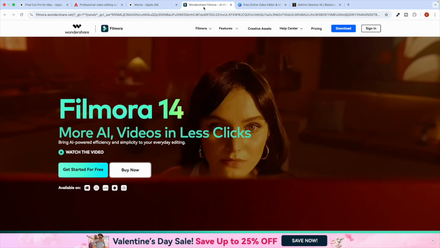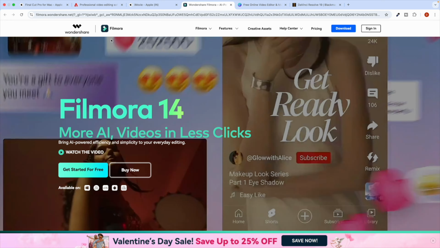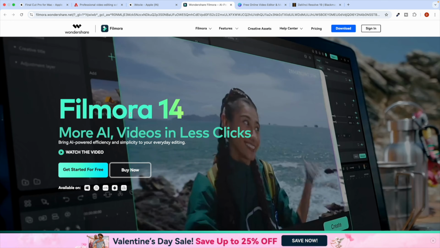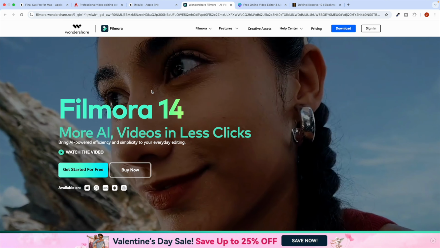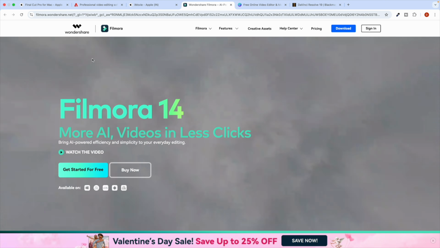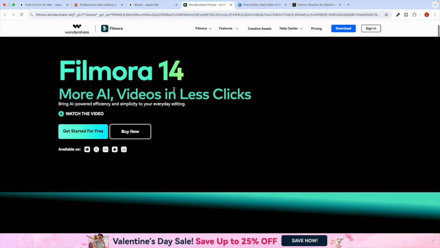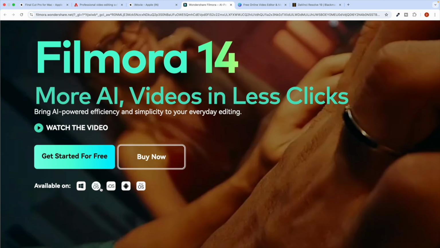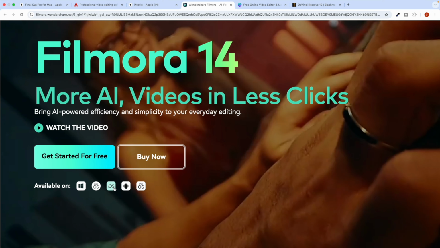Okay, now we have some solutions like Filmora. Again, you can use this software. It's available on all devices, let's say Windows, Mac, Linux. You can see here that Windows, Mac, iOS, Android, for everyone it's available. And the best thing about Filmora is that if you just click on this buy button, of course right